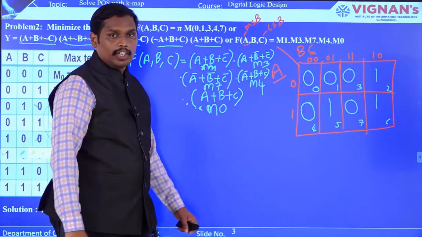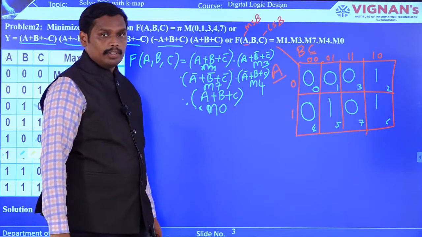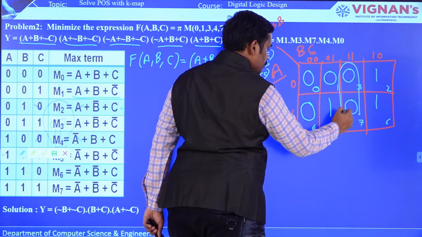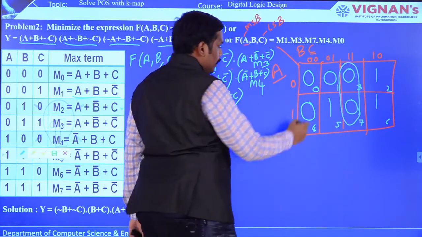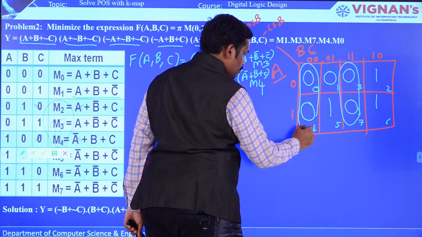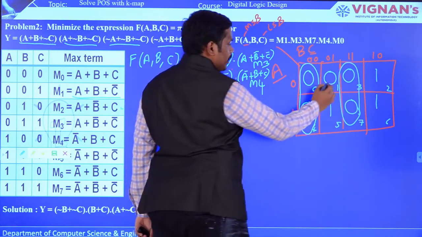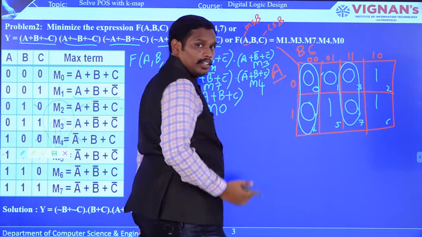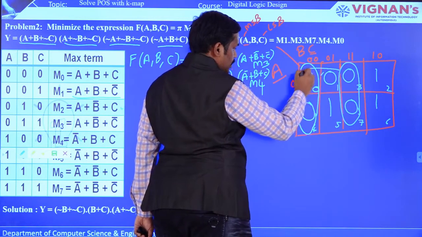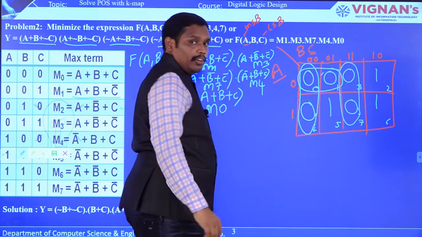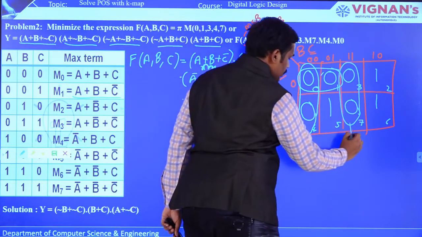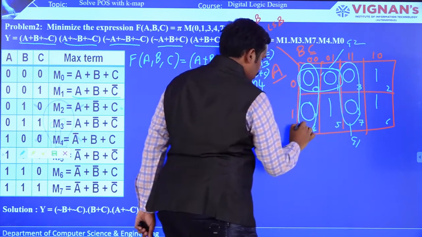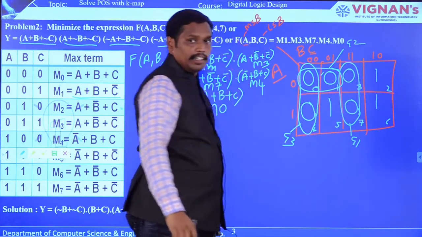Okay, is it clear? So now you have to group them with zeros. So you can see here the grouping can be done. This is one pair of zeros, and this can be one pair of zeros, right? And this particular 0 can have a pair with the rightmost adjacent 0 or else the leftmost bit. So this particular pair can be formed. So there are 3 pairs now. This is group 1, which is a pair, and group 2, which is a pair, and group 3, which is another pair.